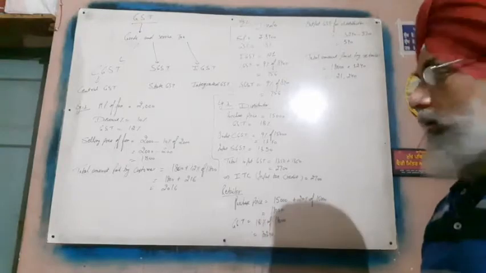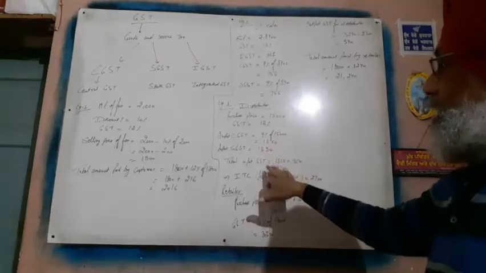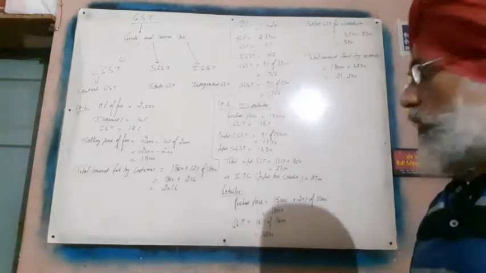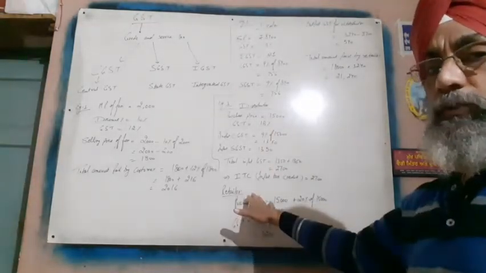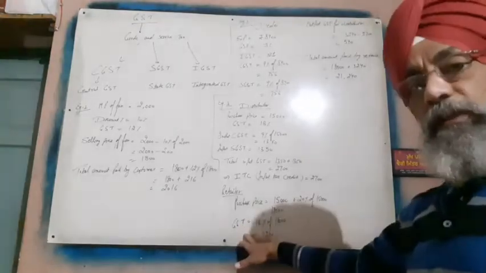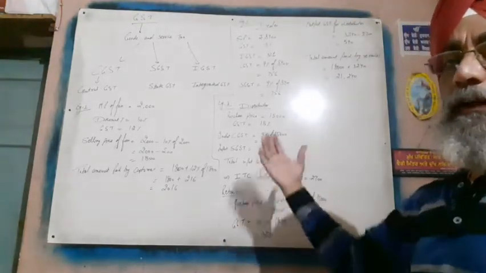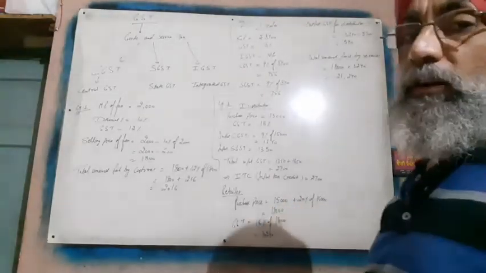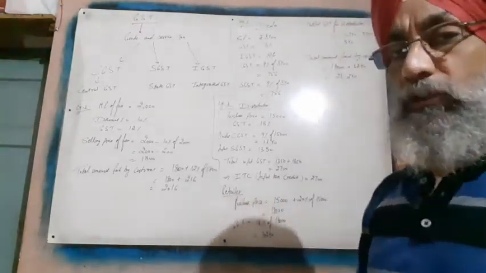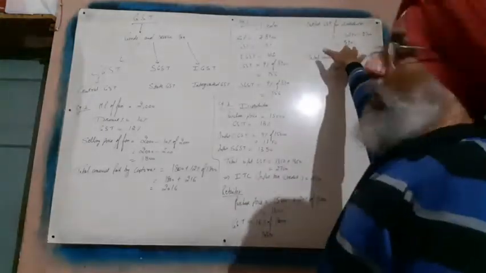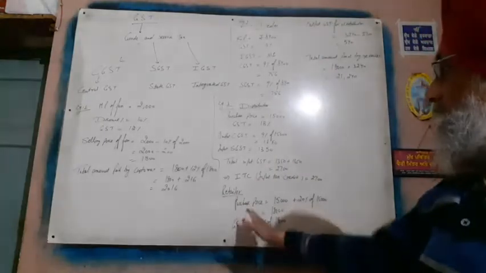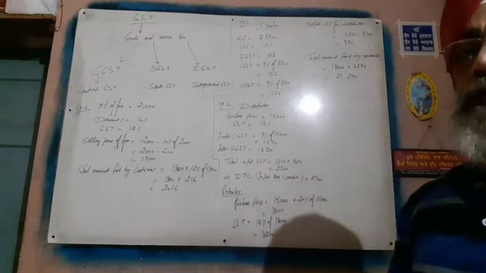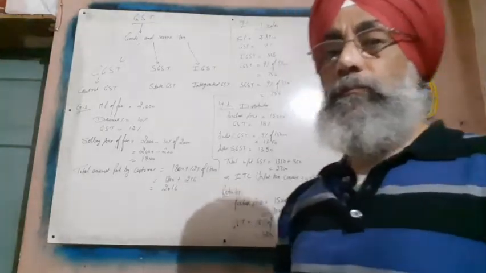The total money the retailer has to pay, this 18,000 plus 3,240 as GST, is 21,240. Clear? The main thing is that the GST which the distributor has already paid is known as input, and when he sold it to the retailer, that becomes the GST that he receives from the retailer. The difference between the input and the GST he received from the retailer is known as the output GST for the distributor, that he has to pay to the government, that is 540. And the total paid by the retailer is the purchase price plus GST, that is 21,240.